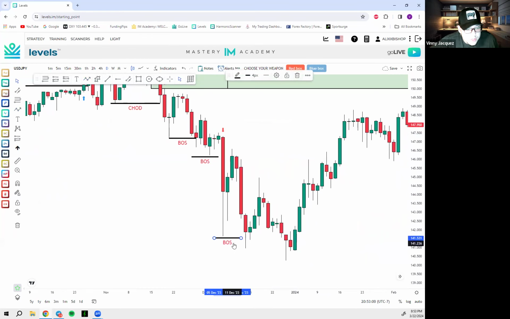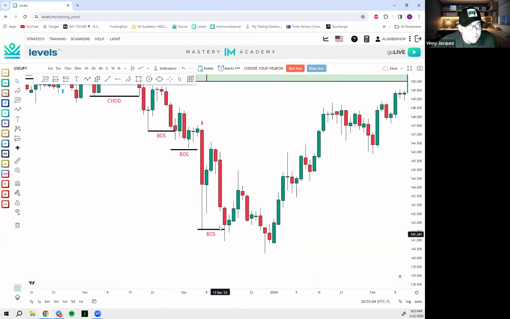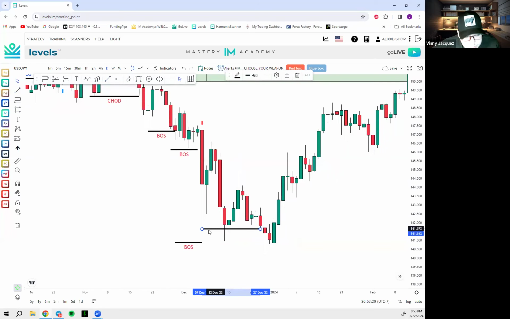Let's see, this wick. So this wick pushes lower, but doesn't break and close below. So I'm going to use this as the whole zone, just like I would with my boxes. Lowest wick to my body, same thing, right? Just because we didn't actually break and close below, it kind of stretches the range out a little bit. So instead of it being here, it's actually down here, right? So this would be my BOS. Awesome.